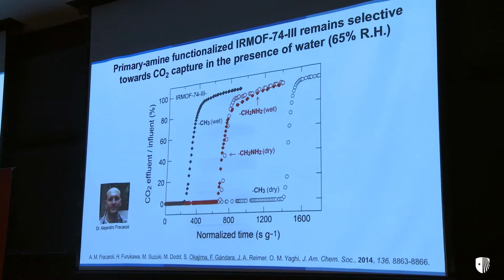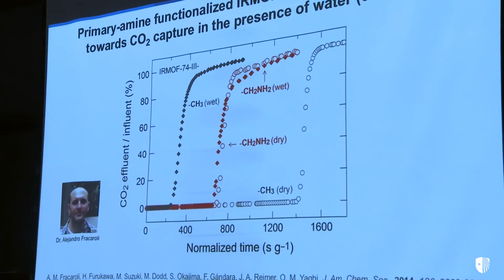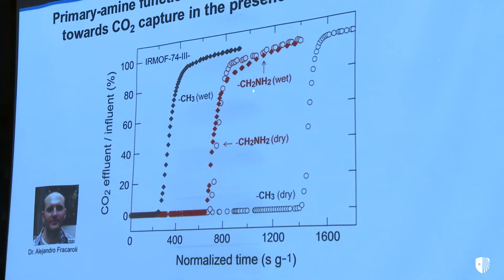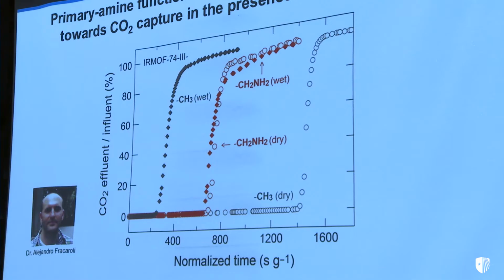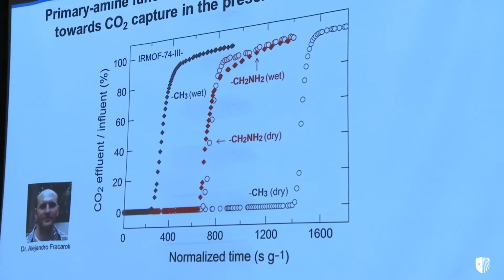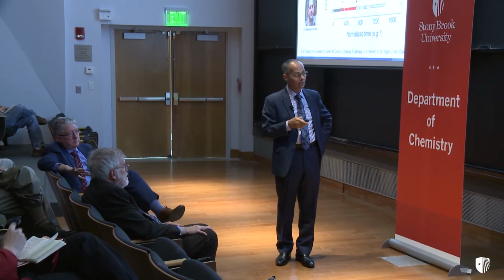This is the very first time that anybody showed that, in fact, you can take a material like a MOF, functionalize it, and show beyond doubt that the water is not affecting the separation. In fact, water, we found later, helps in the binding of CO2 to these amines to make carbamate. So what this means is that the scientific challenge of capturing carbon dioxide from power plants is solved. Okay? The rest is just engineering and economics and the will of society to